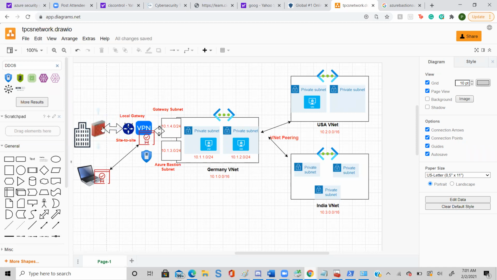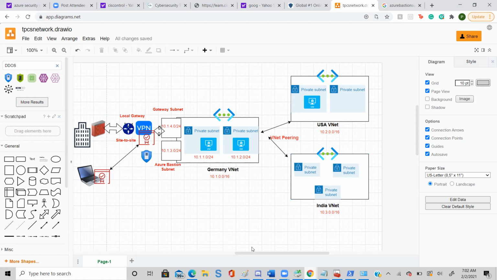But we are going to do this one, which is your laptop to the VPN. So it is point to site, while from VPN to your office is called site to site. So now we are going to configure point to site.